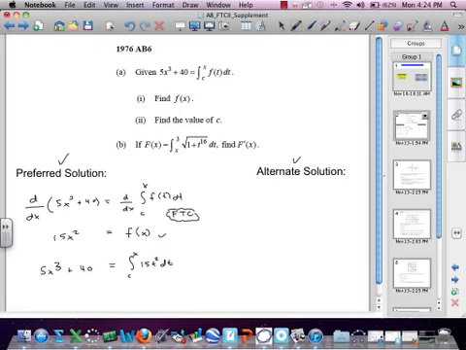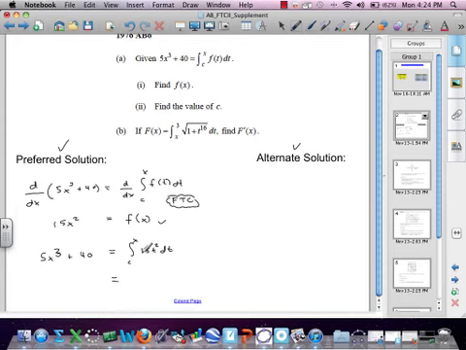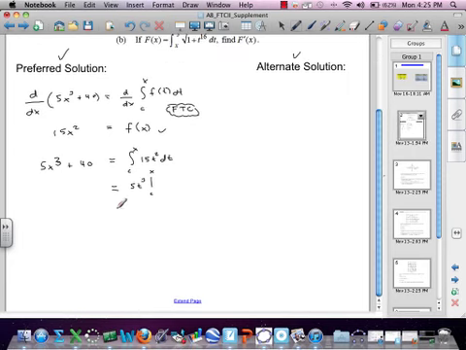And now I'll use the other part of the fundamental theorem, which tells us how to evaluate definite integrals. So I'll treat this as a function, take its antiderivative, which will be 5t cubed, and then we're going to plug in our two limits, c and x, and subtract. So I'll have 5x cubed minus 5c cubed,